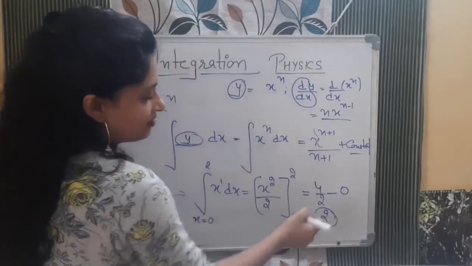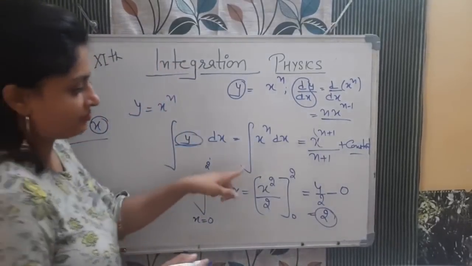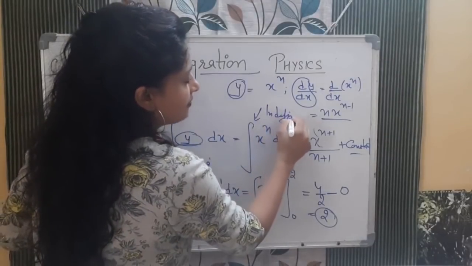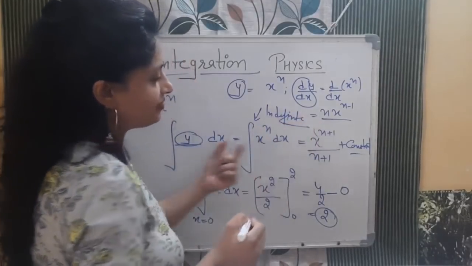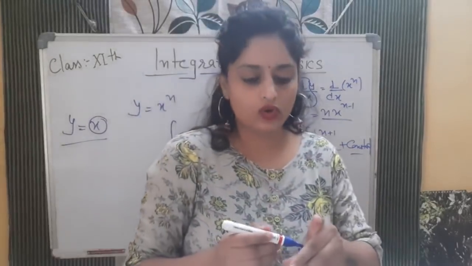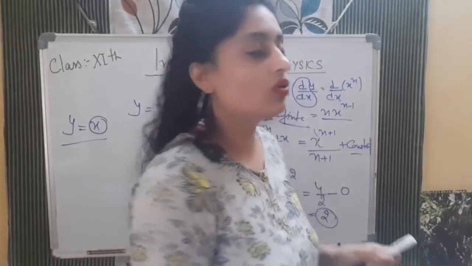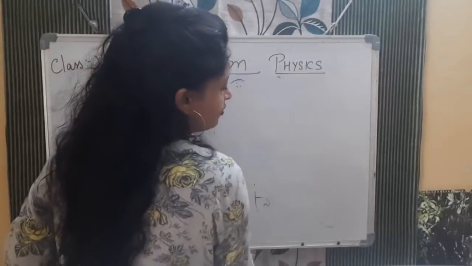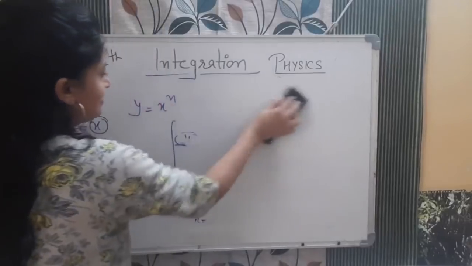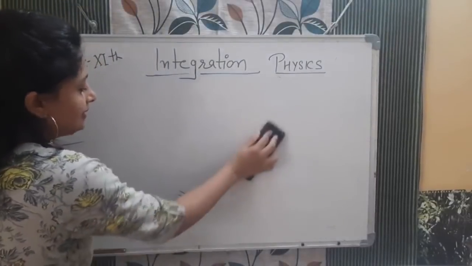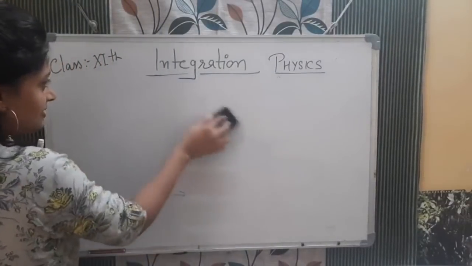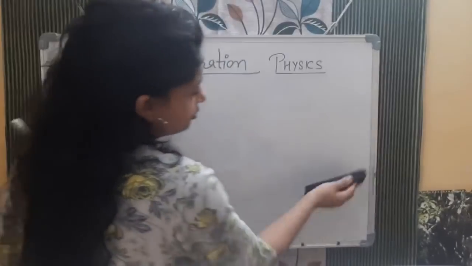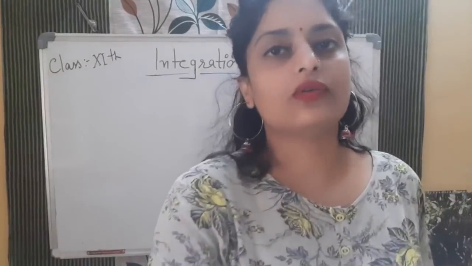Now you know the exact value when there are limits, but in case there is no limit, that is known as the indefinite integral. So in that case you need to put one constant. When the limits are not given, you don't know from where to where you need to integrate. In that case you need to put a constant, and that integral is known as the indefinite. And if there is a definite integral, in that case no need to put any constant. So this was about the basic integration.